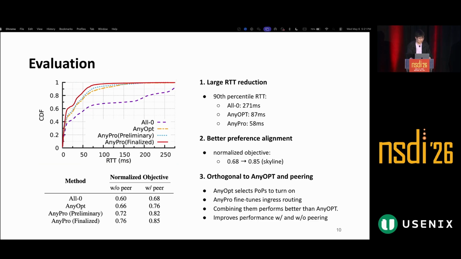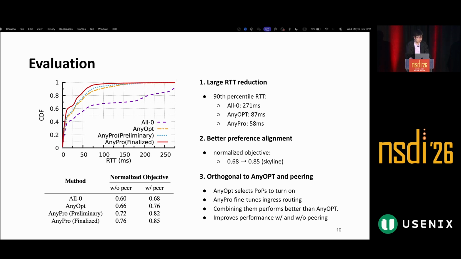And we start to look into how AnyPro benefits the RTT, as well as the objective defined in the optimization problem. From the 90th percentile, we can see that if we leave the prepending all 0, the round trip time is 271 milliseconds.